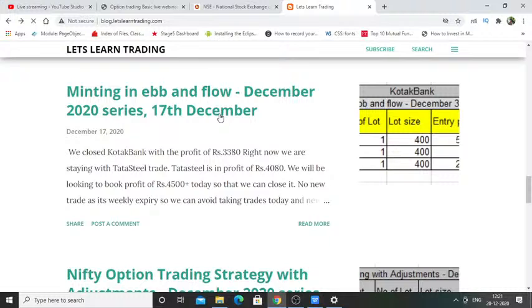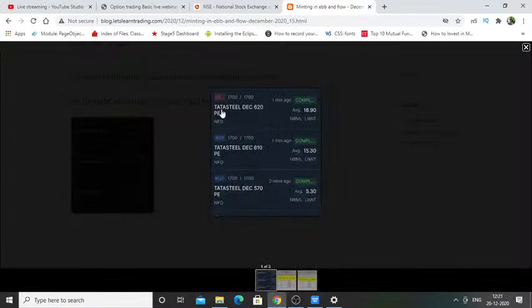See, you can find out a lot of things related to these, right? If you look, this is a trade I have done in Tata Steel. It is the Tata Steel December month contract, and its strike price is 620 PE, which means that if it has the symbol PE, this is a put option. Here I have done an option strategy. I have sold, and I have bought the 610 put option, and also I have bought the 570 put option. This is a lot size.